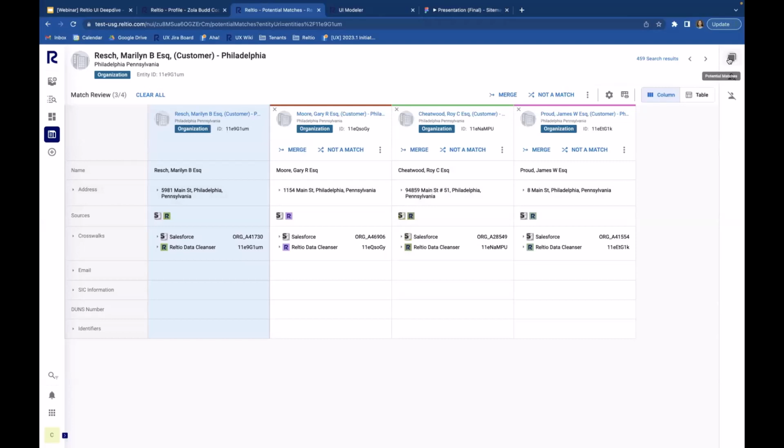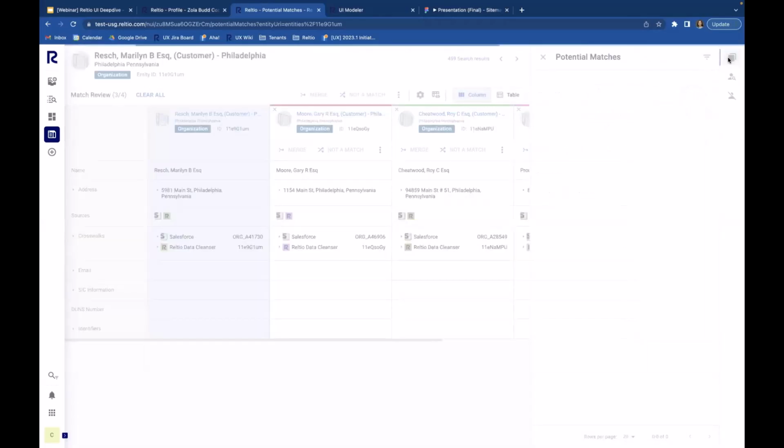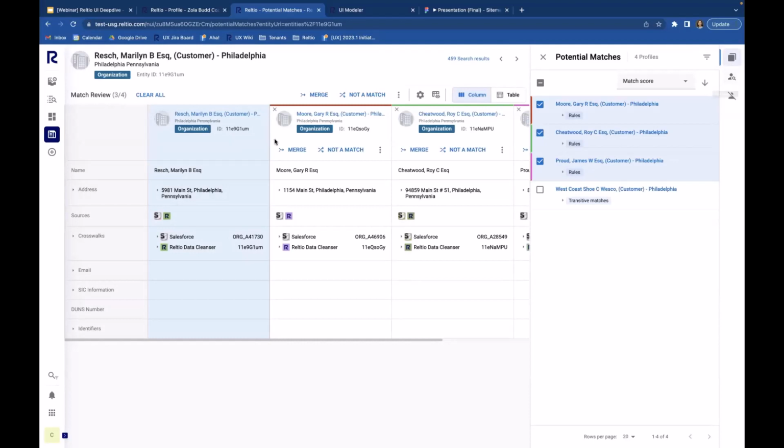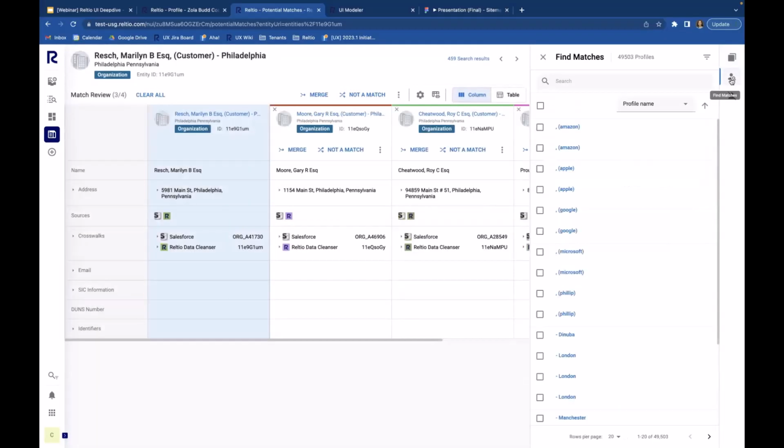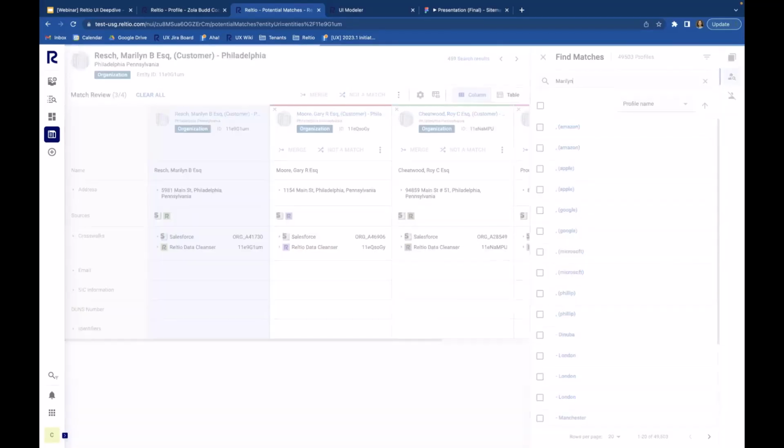So that's the addition that we have. And in addition to that, let's say I'm here reviewing potential matches for Maryland. I see some of these matches and I want to find other profiles that may match with Maryland that my match rules may not have found, or may not have tagged as suspect matches. So I can use this keyword search and type in the name to see if there are any